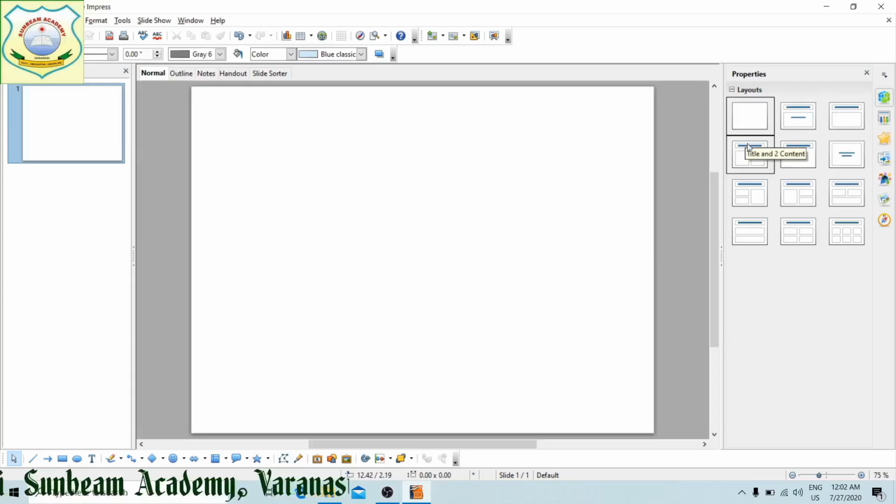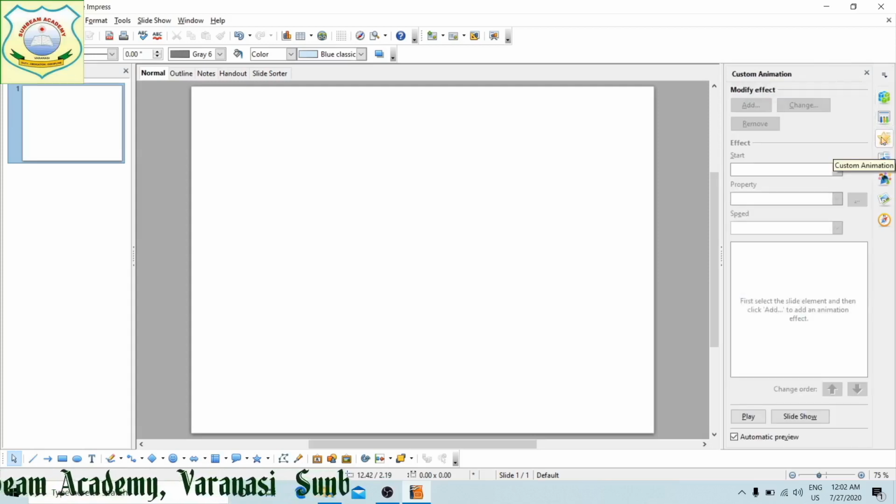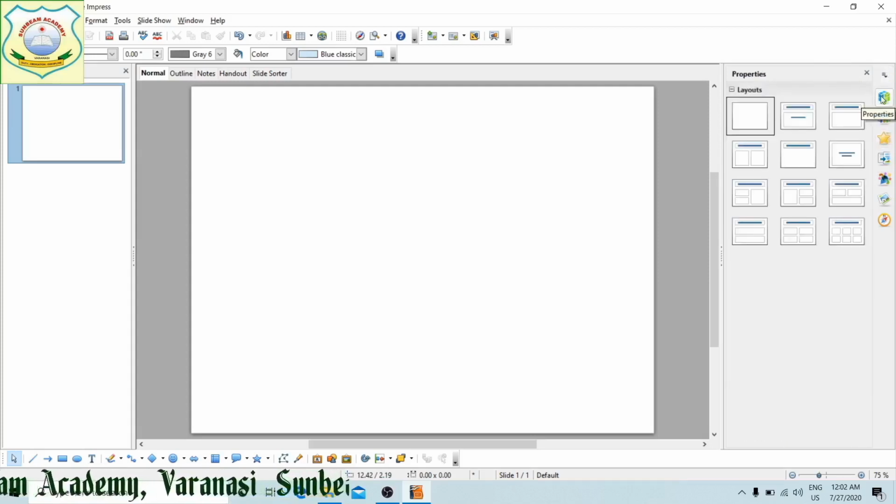Initially we have to choose the layout. I have taken it. Then the master page I need. Likewise, this is the task pane. The drawing toolbar has different drawing objects which can be inserted into your graphics for better slides, for better understanding.